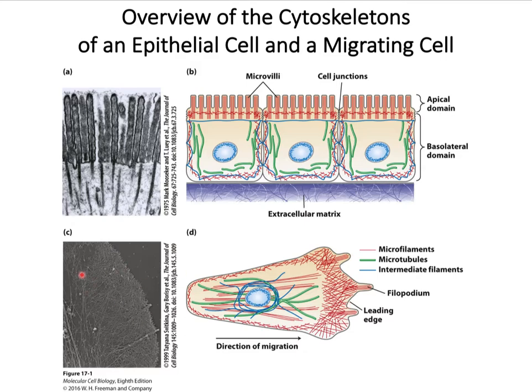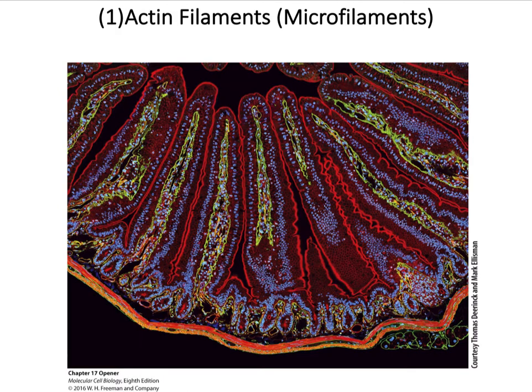The TEM shows a leading edge of a cytoskeleton, as visualized by extracting the membrane and soluble components from the cell by detergent treatment and then making a metal replica of the remaining filaments. This morphologically distinct domain in a migrating cell polarizes the cell structure, with a leading edge oriented towards the direction of locomotion. So here you can appreciate the chapter opener illustration. This is a low magnification immunofluorescence micrograph